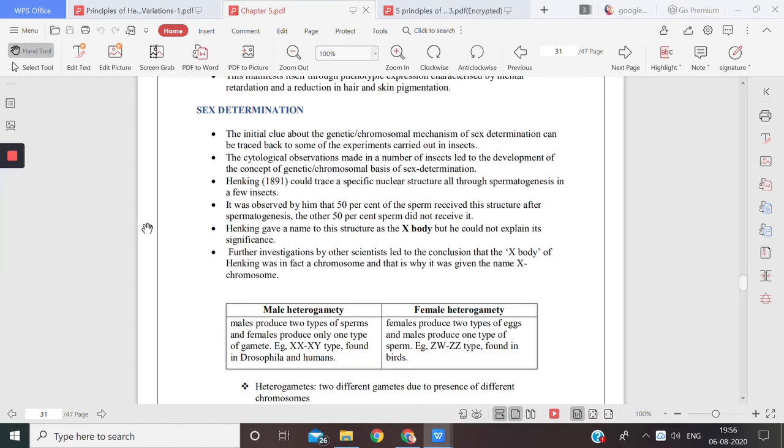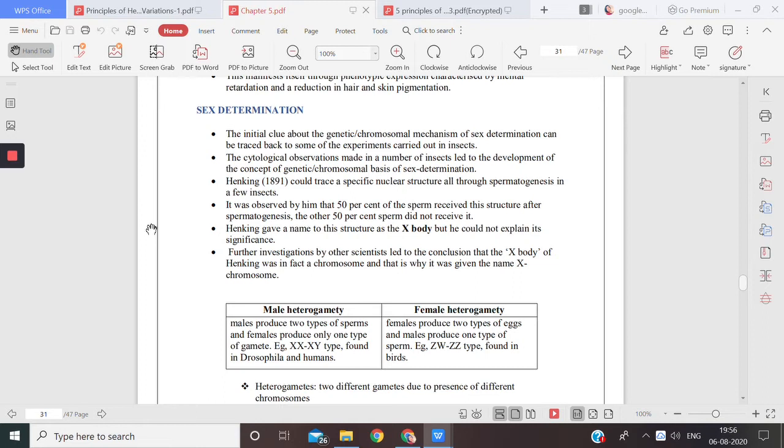We also came to know that there are two types of sex chromosomes, X and Y, and these chromosomes decide the sex of a child or a baby, right? If the fetus is given two X chromosomes, then it is a female, and if the fetus is given one X and one Y, then it is a male. So this was basic information which all of us know.